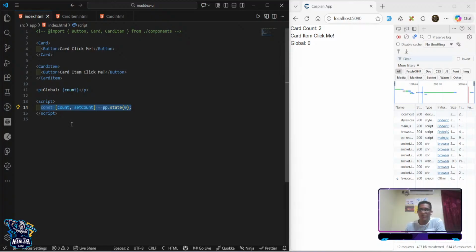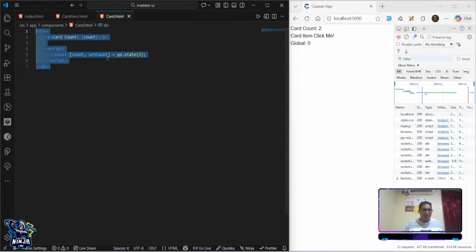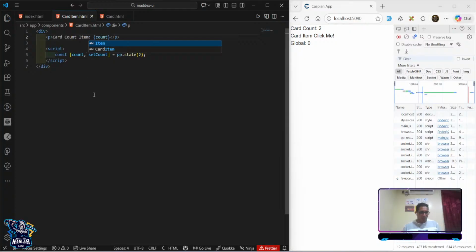There is no sharing information between because the card components have its own scope and the global component scope it have its own scope too. So the information or the good way or the introduction is that these components are scope. Okay, so you already know when it's scope and things like that. So what I'm going to do to show more clearly, and here is going to inside component item. This is going to have another one too, and